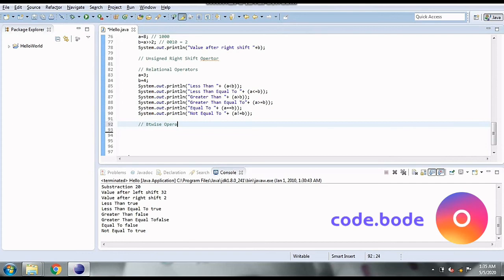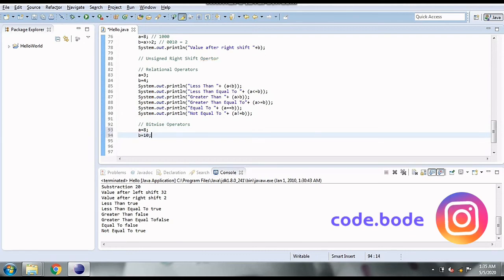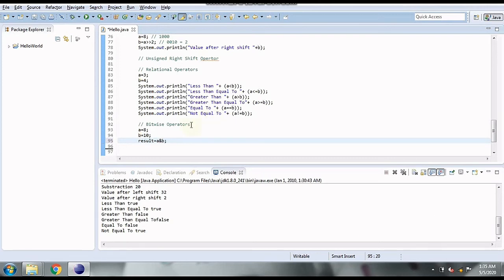So next we have bitwise operators. Here we have bitwise AND and bitwise OR. First is bitwise AND in the preference. So if we have A equal to 8, let's say, and B equal to 10. When I say result equal to A bitwise AND, which is represented by a single ampersand, and B, in this case the bits are compared. So binary 8 is 1 0 0 0 and 10 is 1 0 1 0.